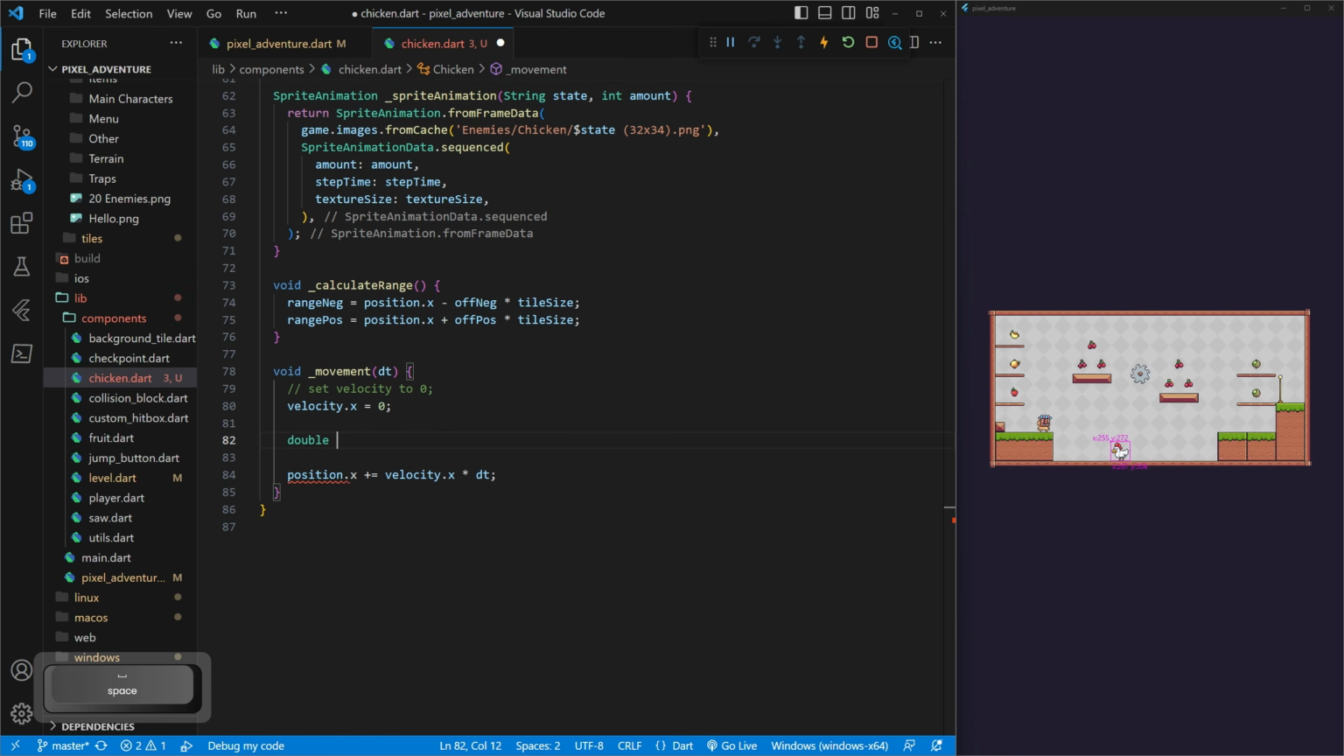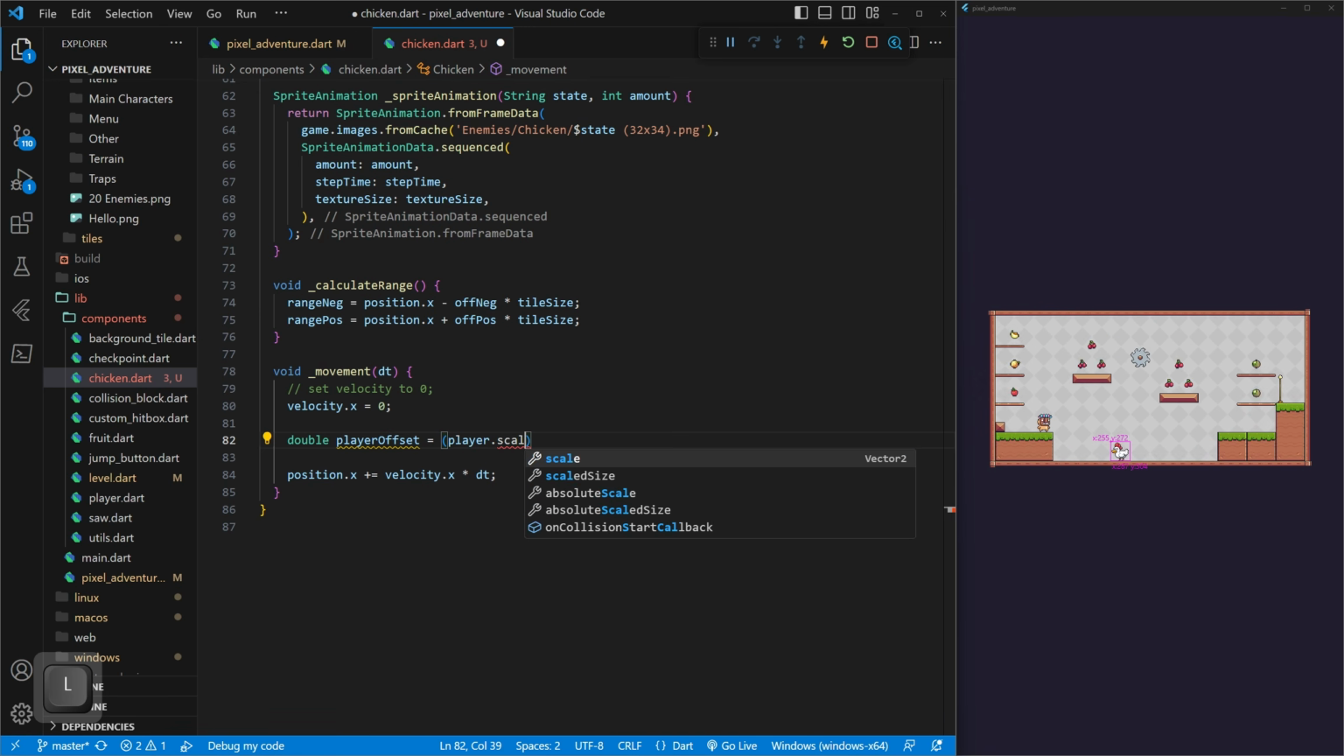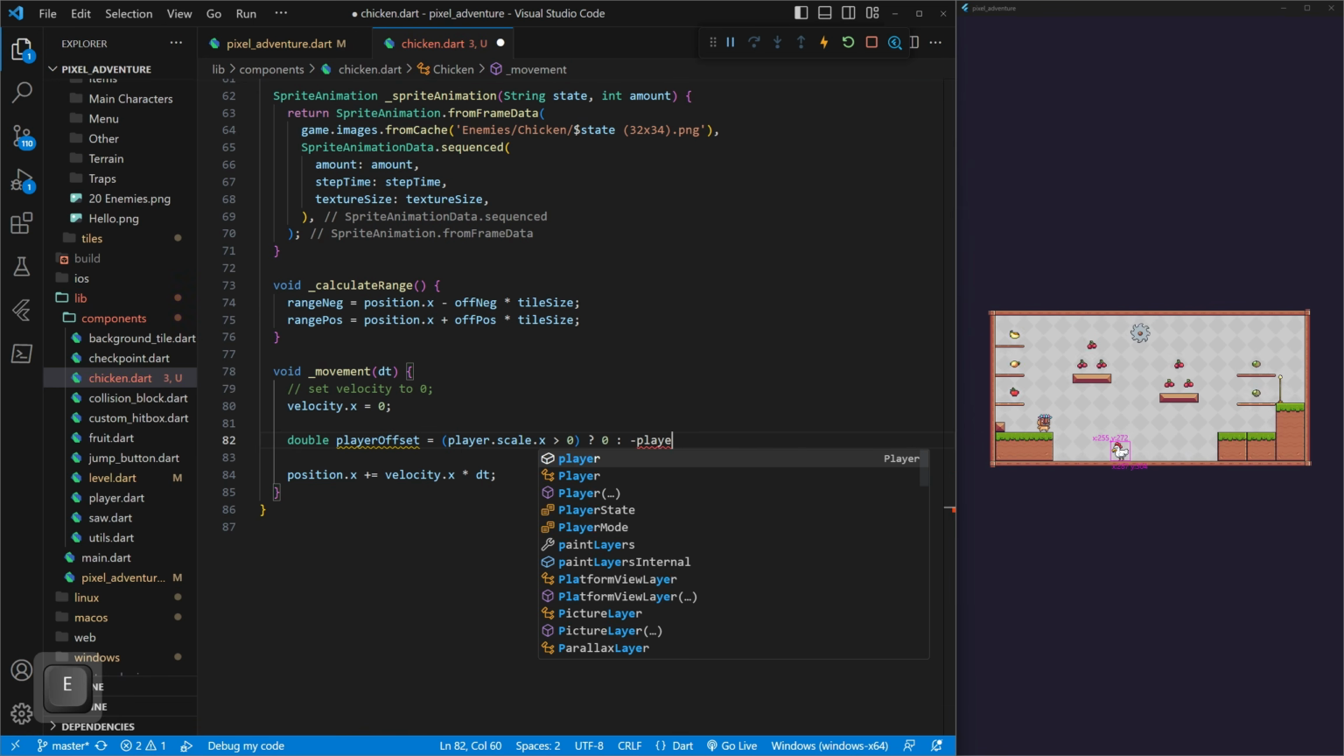So we'll do double playerOffset, because we're going to have to offset it based on which way our player is going. And then we're going to pass in player.scale.x, and we're going to check to see if it's greater than 0. If it's greater than 0, it's going to be 1, which means our player's facing to the right. So if it's greater than 0, we just want to make this player offset 0. And if it's not greater than 0, which is what the colon is, we're going to make it negative